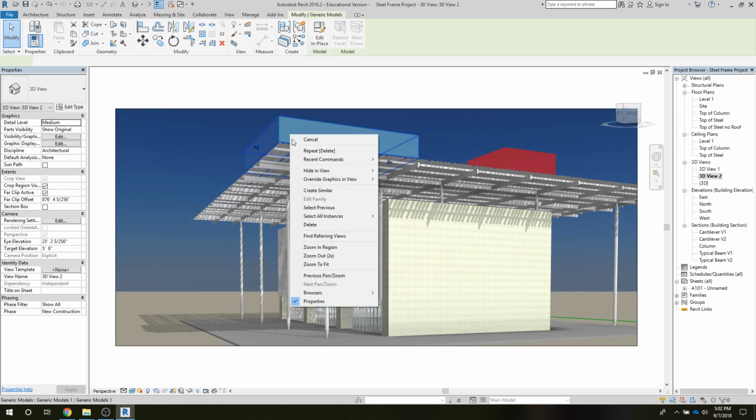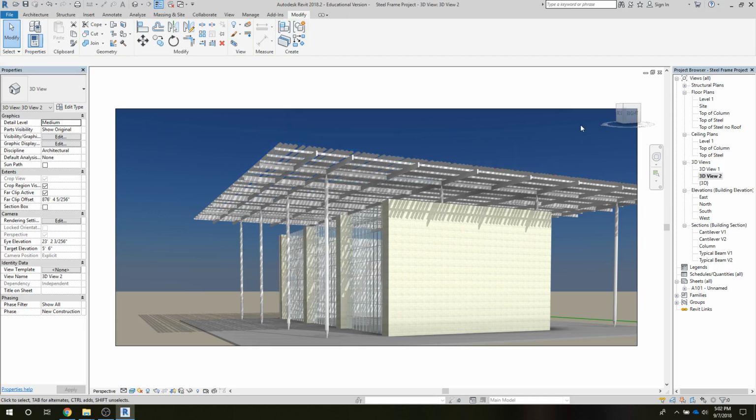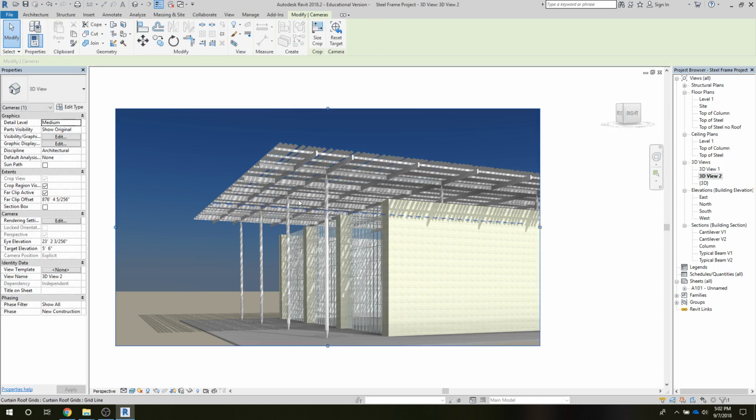Okay, let's hide these in view. Let's crop this down. I'm not happy with the, oops, I believe I got rid of even the, actually I